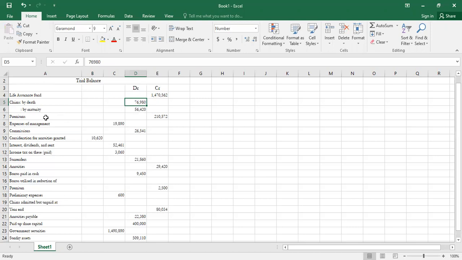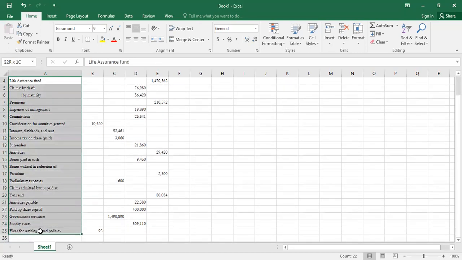Then we have premiums. Premiums are supposed to be credited, correct? Then I have the expenses of management, so I'm supposed to debit them. Then I have the commissions. Commissions are supposed to be debited because they are expenses. Then we have the consideration for annuities granted. And we said consideration for annuities, I'm not very sure whether